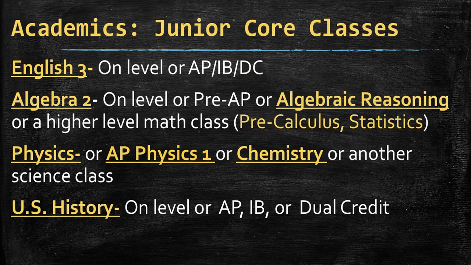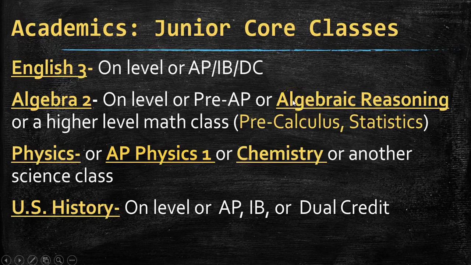So this is when you really see a lot more of those. If you are currently in algebra right now at MJH, as a junior, you'll take pre-calculus or statistics. There is an AP statistics class that will give you college credit. If you are in on-level math right now at MJH, then you will take Algebra 2 as a freshman at Magnolia West High School. Now, if you struggle in math, if it's really hard for you, then as a junior,